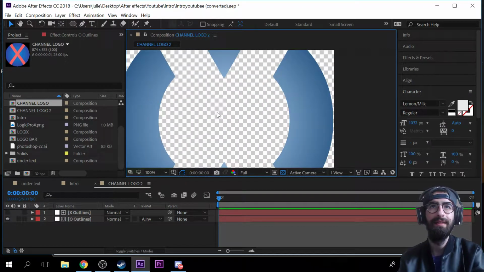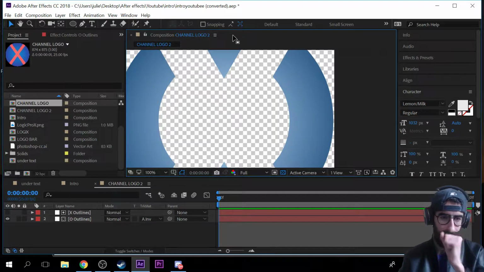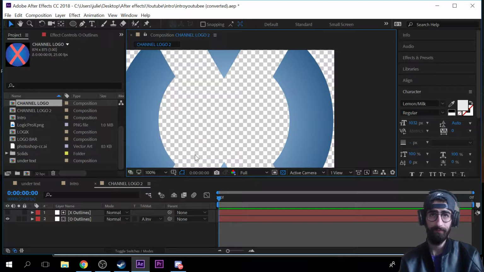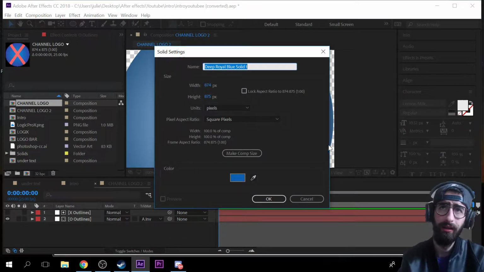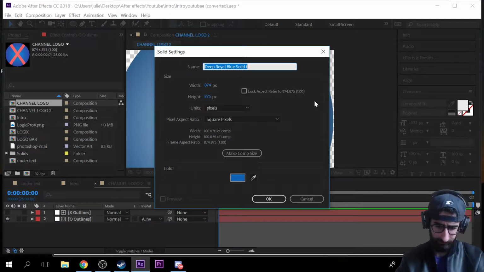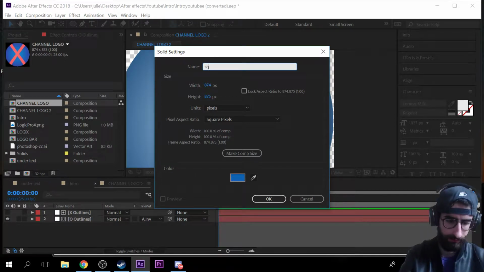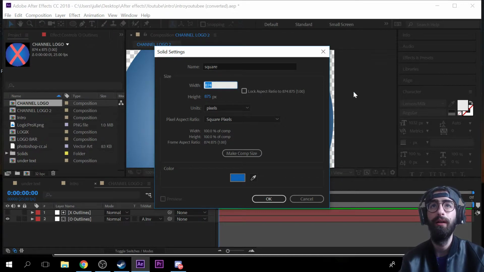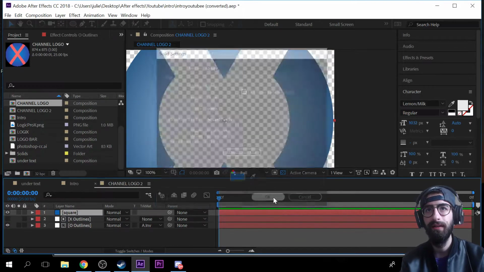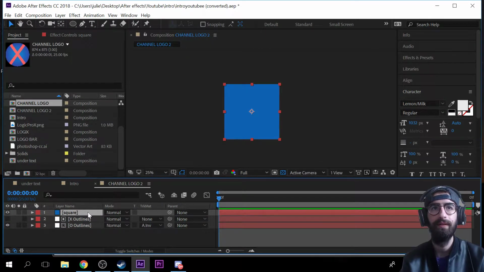and I think I'm just gonna create a new small solid. All right. So you go to Control Y to create a solid. Let's make it blue. Let's call it square, and let's make it a square, right? So to make it a square, you just select the same values, height and width, like a square. All right. So now we have this nice little square here,